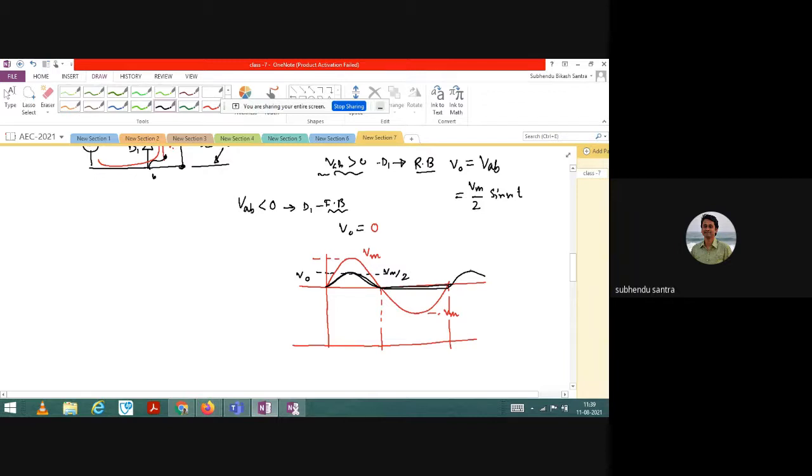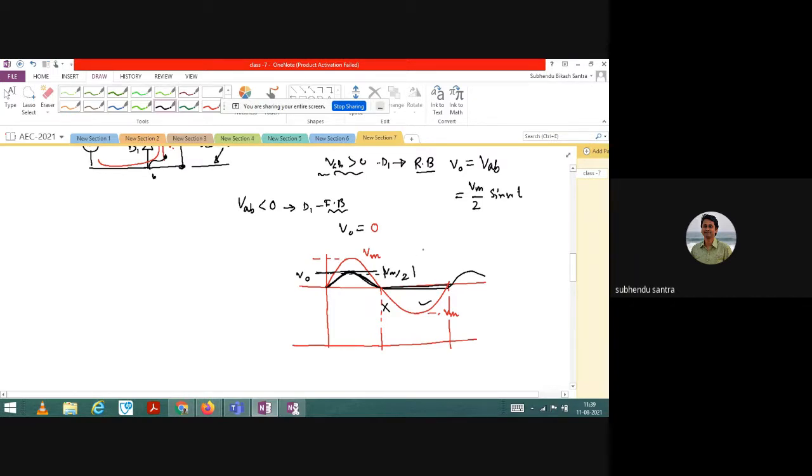The learning point is that whenever you have either a clipper circuit or a clamper circuit, I have not taught the clamper circuit, I am teaching about the clipper circuit. So you see it is definitely a negative clipper. This time also you are removing the negative portion. So it is a negative clipper. However, the positive portion is also not obtained exactly. The positive portion is decreased by a magnitude of Vm by 2.